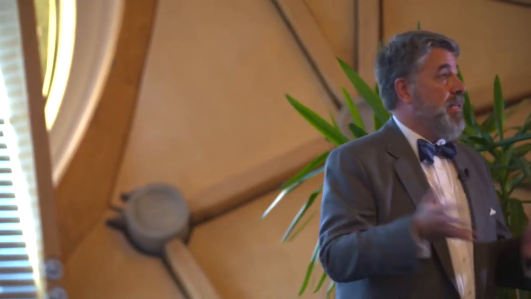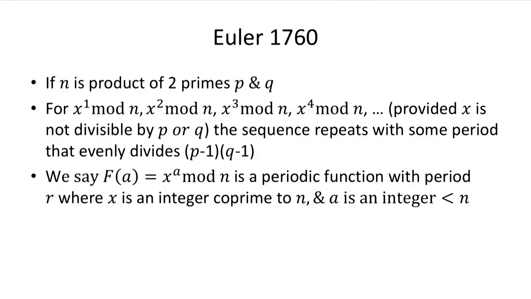To explain, we have known how to factor numbers like 15 into 3 and 5 for a long time. In 1760, Euler, one of the many geniuses, you think, how did he come up with those things in those days? He pointed out that if you have a large number n, which is a composite of two prime numbers put together, there is a function that you can construct, provided you choose the numbers in certain ways, where if you can work out that function, x to the a mod n, back into modular arithmetic now, it turns out that that has a period r,